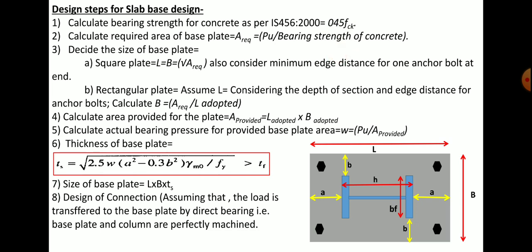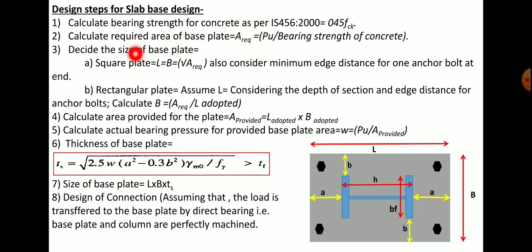So in the numerical itself, fck stands for your characteristic compressive strength of concrete, that will be mentioned in your problem. Usually the minimum grade we adopt is M20 grade. So fck value is going to be 20 Newton per mm square. So likewise that calculation will be there. Now after the first step you need to calculate the area required for the base plate. So here in the figure the area is shown, this is length and this is the breadth of the plate. So the area required is total force acting on the column divided by bearing strength of concrete, which is calculated in step number 1. Correct. So total load divided by bearing strength, 0.45 fck, you will get the amount of area required.